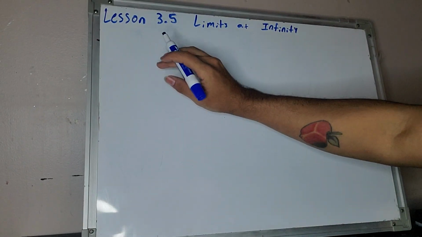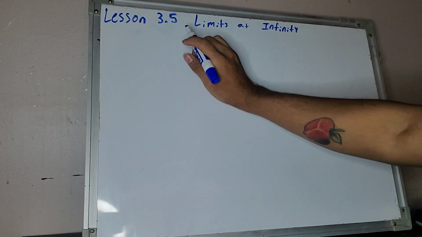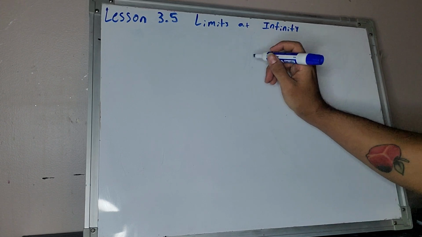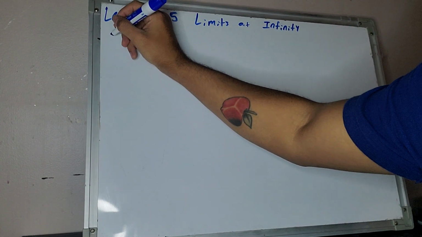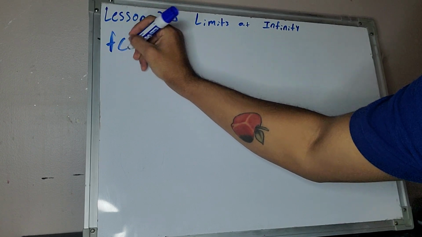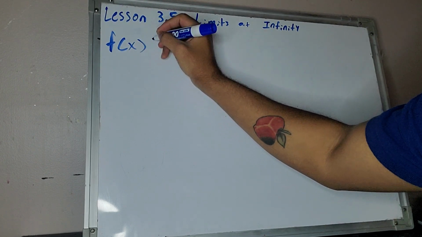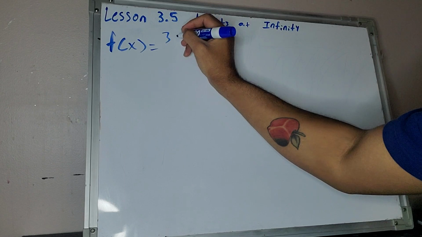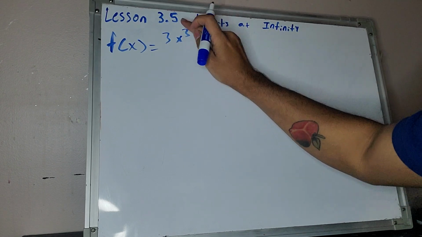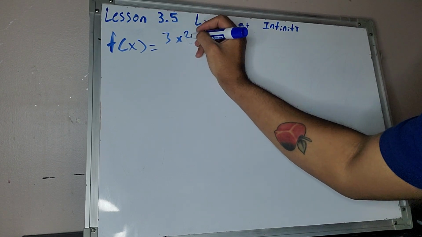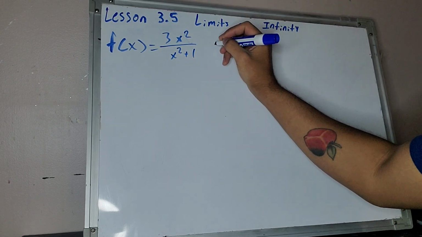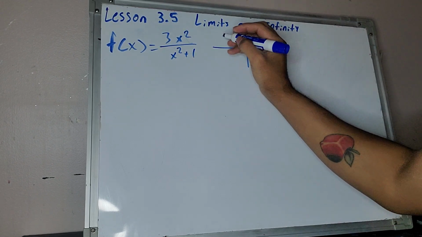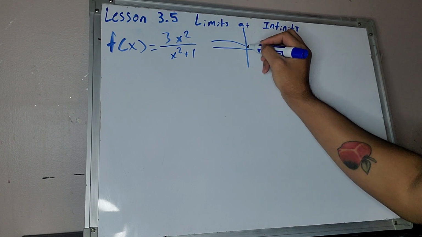In today's lesson, we'll be going through section 3.5, limits at infinity. Using a visual example of f of x equal to 3x squared over x squared plus 1, the graph of this function